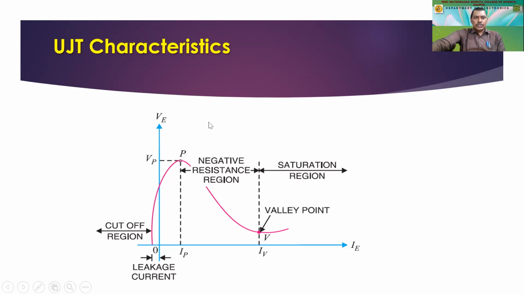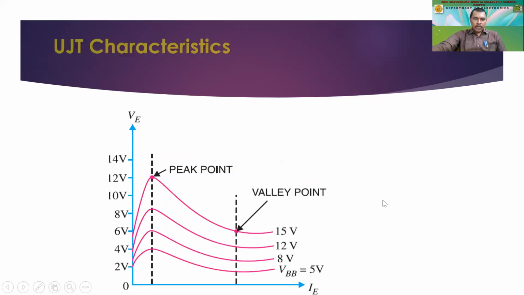So these are the characteristics of UJT, that is the unijunction transistor. And remember, this graph is very important. This graph is actually opposite to the other graphs where we were taking voltages on the x-axis and current on the y-axis. Here we are taking the current on the x-axis, whereas the voltage we are taking on the y-axis, since we are increasing or decreasing the current, and we are checking the voltage across the ammeter.